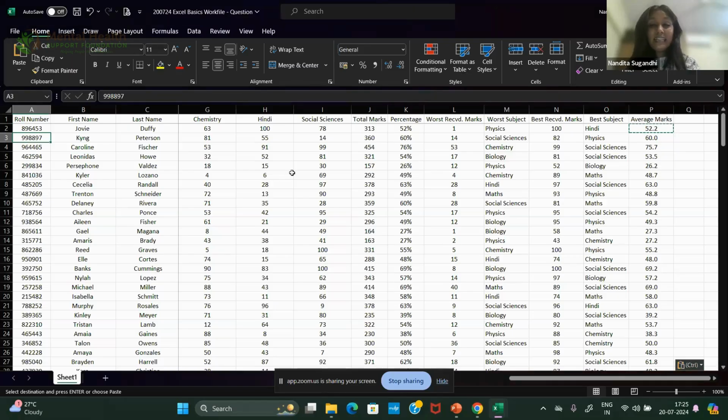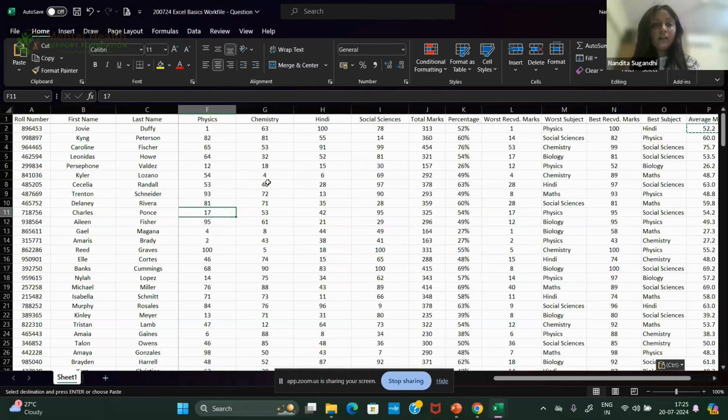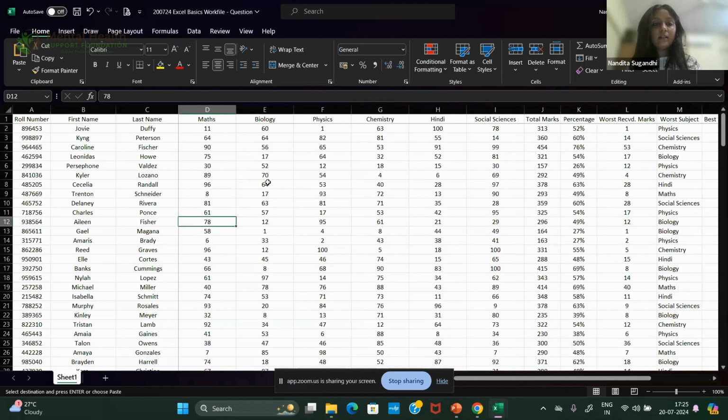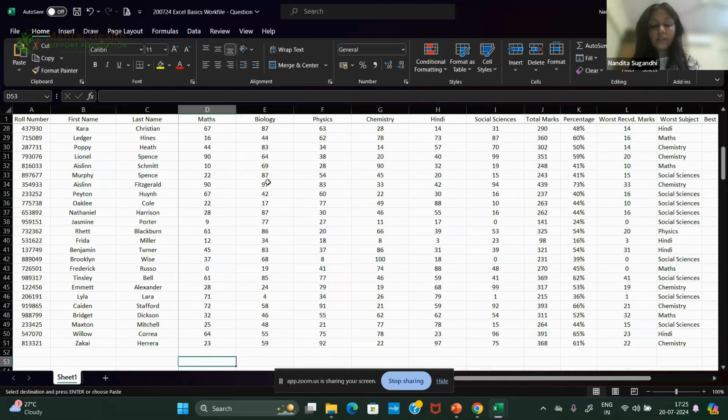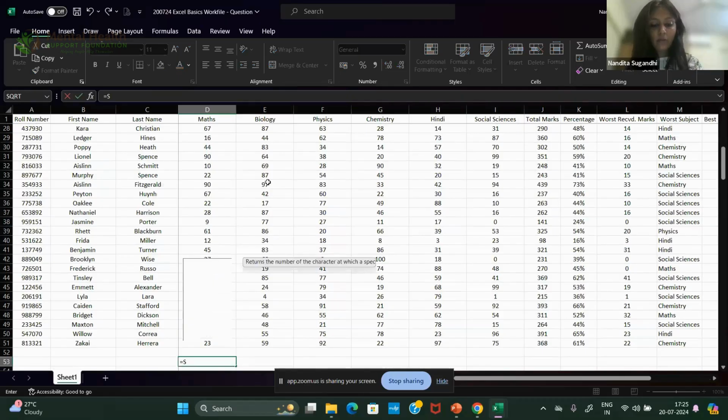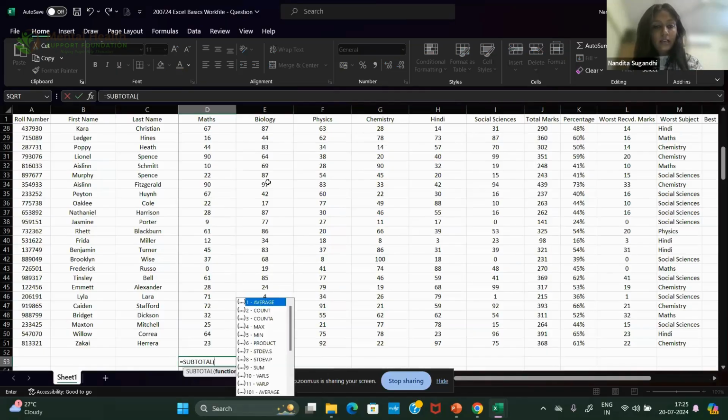There is a little neat formula called subtotal which I wanted to describe. What it does is, I want the sum of the entire data set.